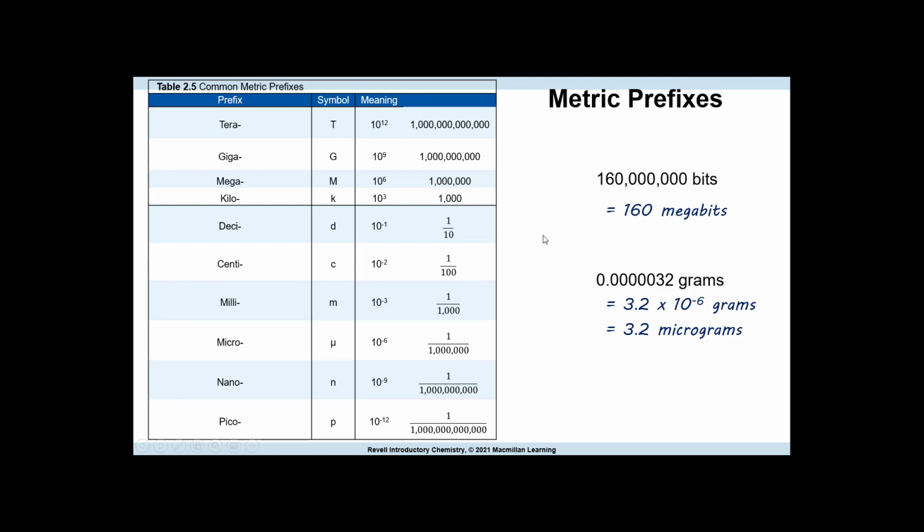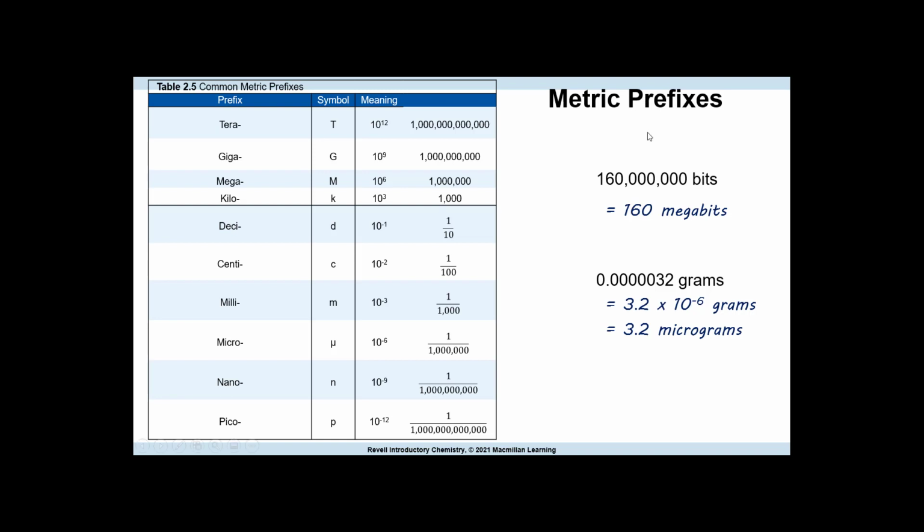So you are definitely going to need to know these prefixes. Yes, we are at home. If you were in person, you would definitely need to memorize these because they would be on the test in person. So I strongly suggest, to save time and headaches, you start getting comfortable with the names, how to spell them, and what they represent, and the symbols. Because the less that you have to refer to something that's written down and you just know it, believe me, you save so much time.